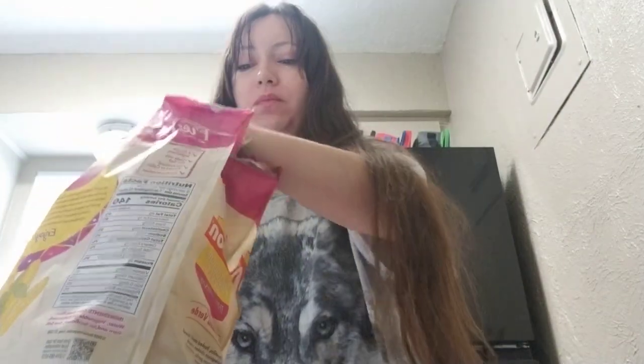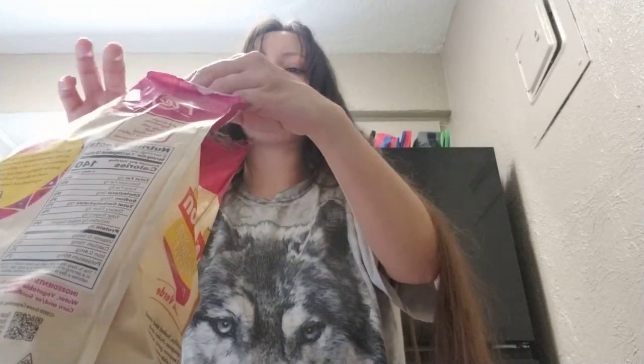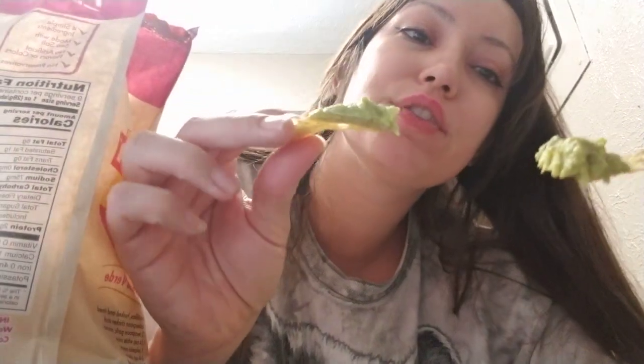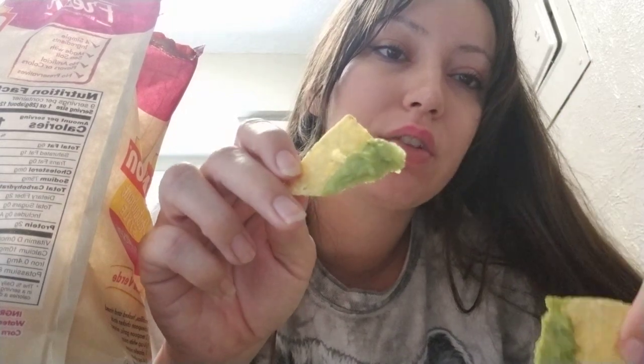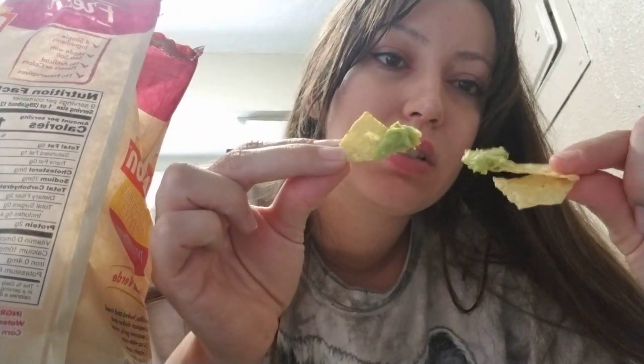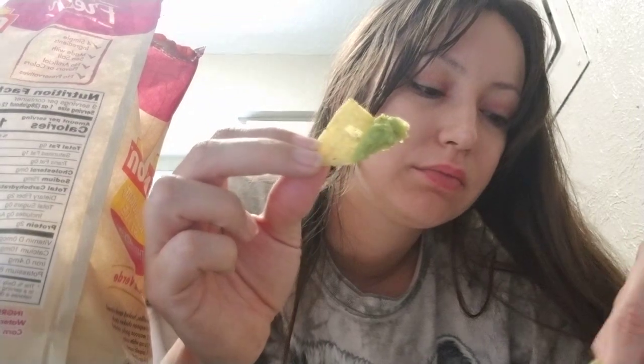That was Brookshire's I just ate. I need to get them a little closer together. So I'm going to get a scoop of Wholly Guacamole and Brookshire's. Let's look at them on the chip. Well, let's do a fairer assessment. Let's get less. See how I keep breaking the chip off in the Brookshire's? It just keeps breaking. Which is weird, because it doesn't look like... It does feel a little firmer, but...